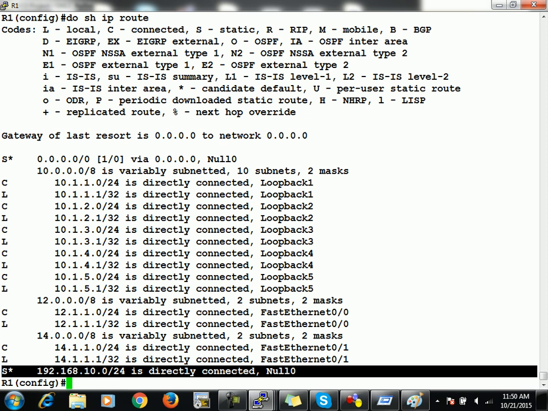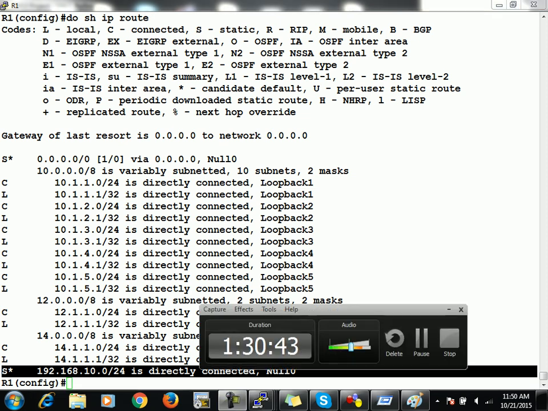Fine. So I think that's the end of EIGRP. We do not have anything else now in EIGRP. We have covered all the topics of EIGRP now. And if we skipped anything,